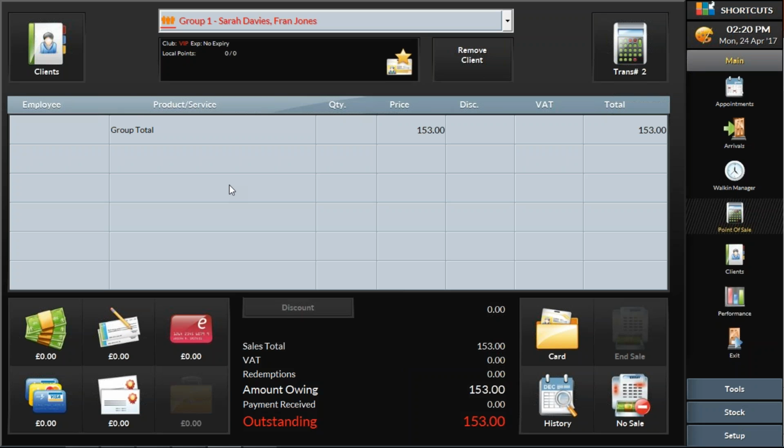That's one way of grouping appointments. Like I say, it's good for colour coordinating them and also for grouping their bill. However, if you don't do that, and maybe you've just brought a client to the point of sale and then